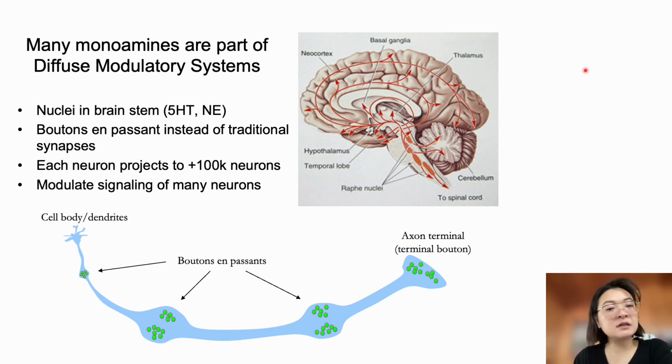Monoamine neurotransmitters use a different type of signaling compared with the traditional presynaptic and postsynaptic point-of-contact synapse that we have been discussing. With monoamines, such as serotonin and norepinephrine, the neurotransmission is much more diffuse and widespread, and can modulate a huge number of neurons and neural circuits. Instead of traditional synapses, there are boutons or swellings along a very long axon. Each bouton has the capability to package vesicles and release neurotransmitter, so this type of signaling can modulate a huge number of neurons. This type of diffuse modulation makes sense considering the wide-ranging symptoms involved in depression and affective disorders.